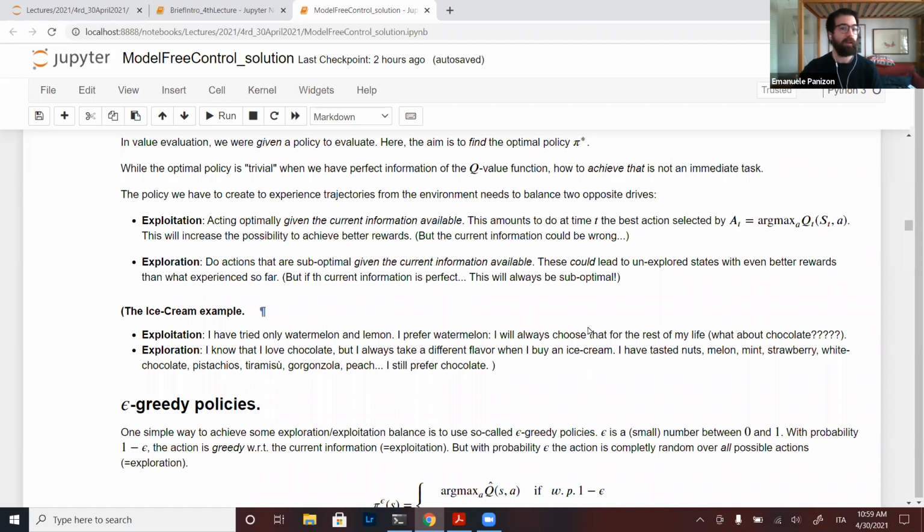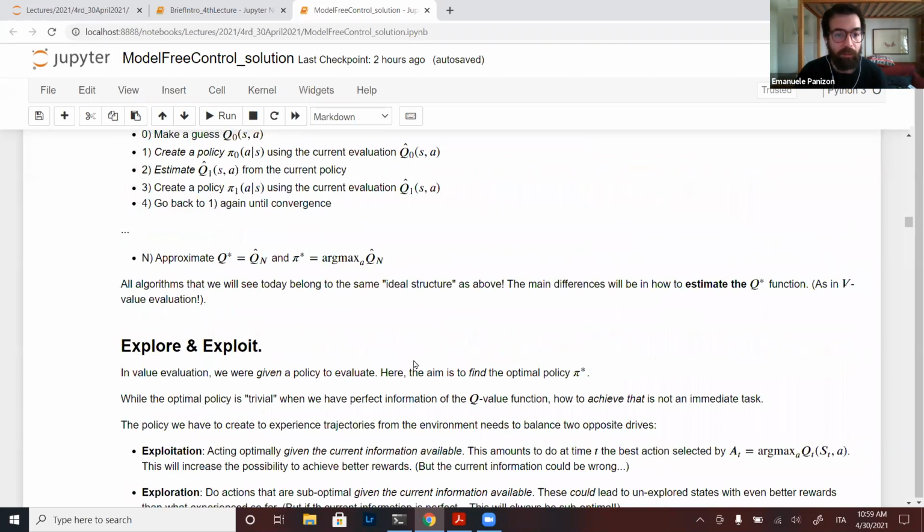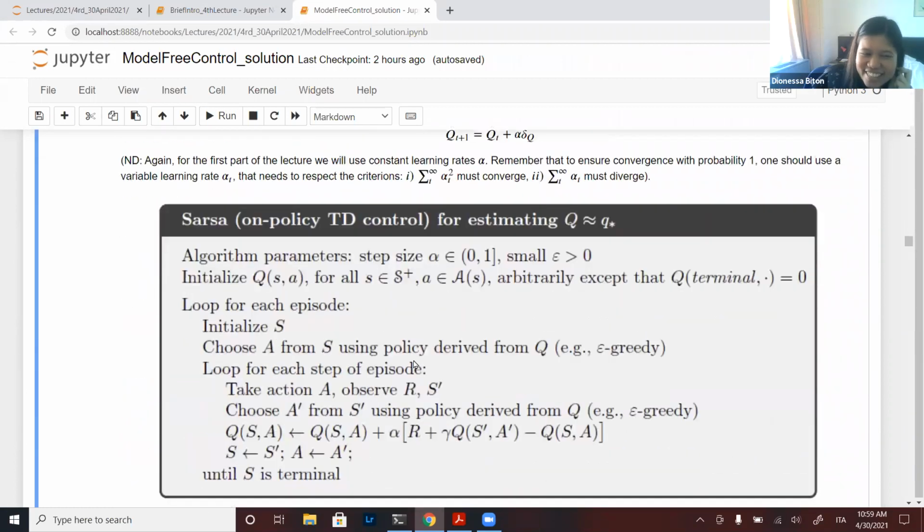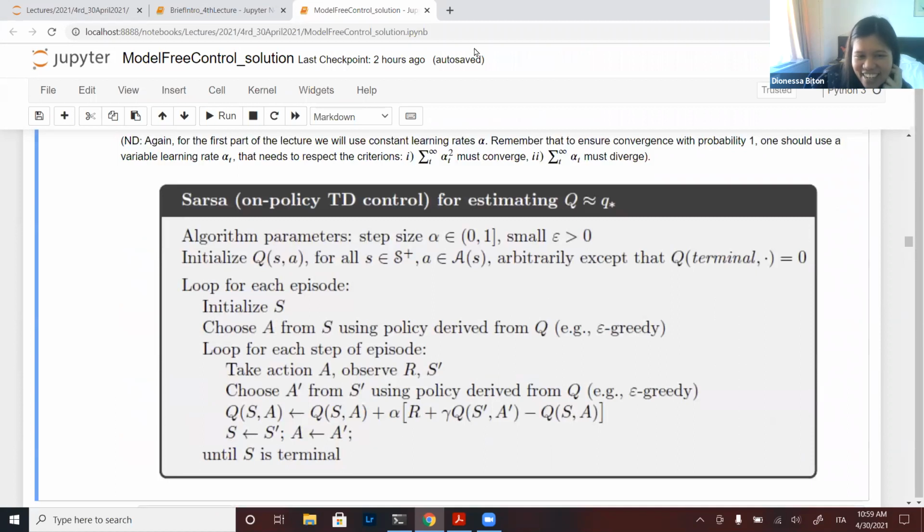Was this clearer? Yeah. So there will be a time that the trajectories of SARSA and Q-learning will be the same. Yes.